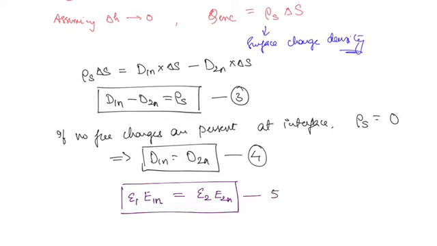So this is the relation for the electric field. The normal component of electric field is not continuous. The tangential component of electric field is continuous because it is not changing at the interface, but the tangential component of electric flux density was different. For the normal component, electric flux density is the same, it doesn't change at the interface, but the normal component of electric field is going to change.